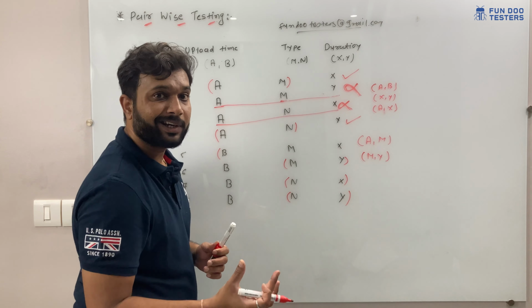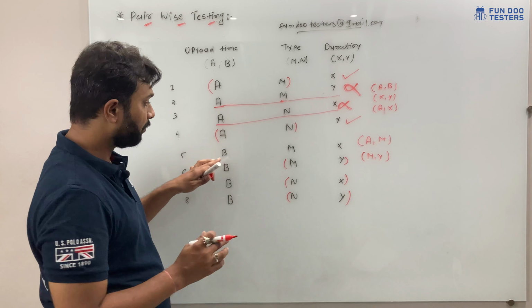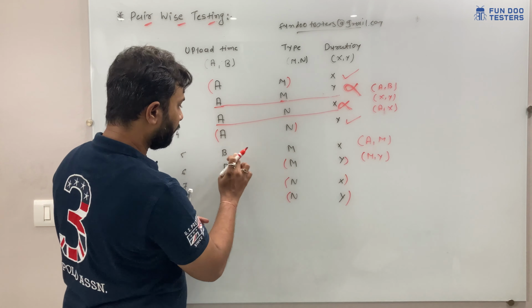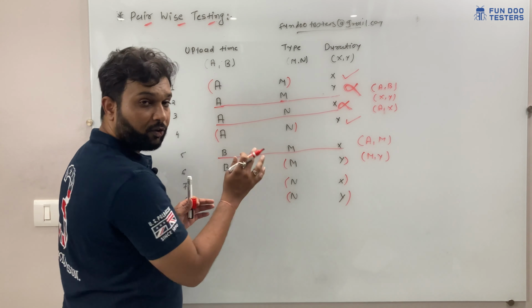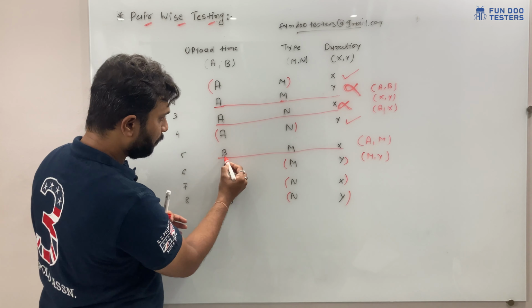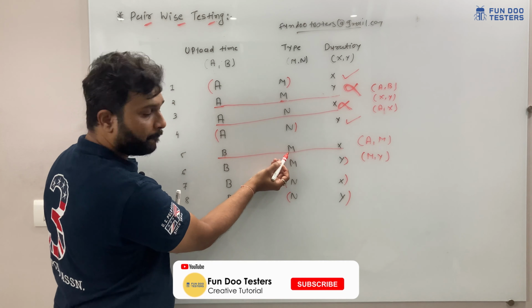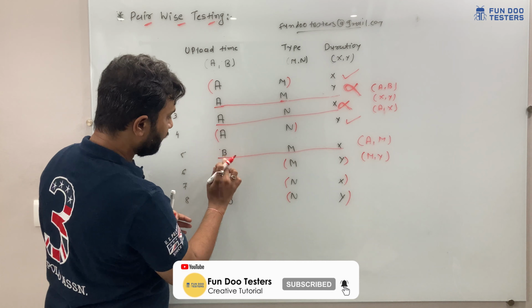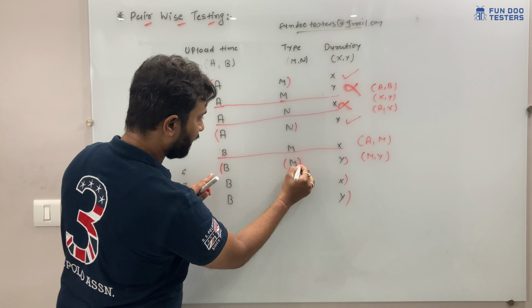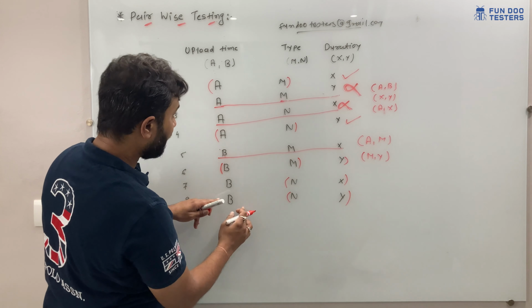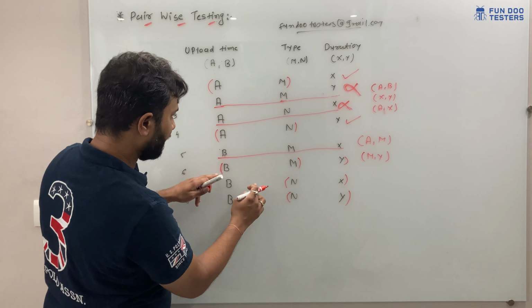Now which pair we can discard? Number 5, because we are not going to use the 5 value anywhere. So let's consider test case number 5. Here we have B and M, which means we need to think where B and M is. With number 6, we have B and M. Apart from that, we don't have B and M anywhere.